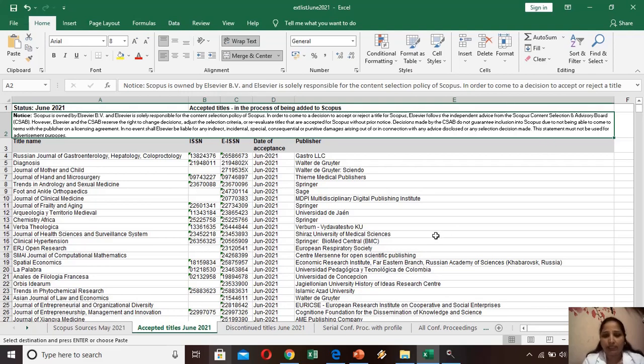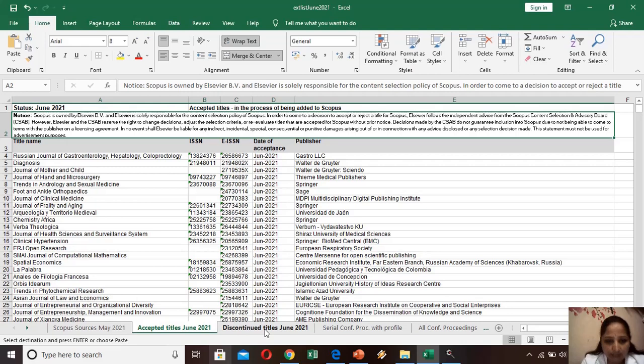But it happens very rarely. If they are accepted and included, they will be continued. The removal or discontinuation of these journals from Scopus is a very rare occurrence.